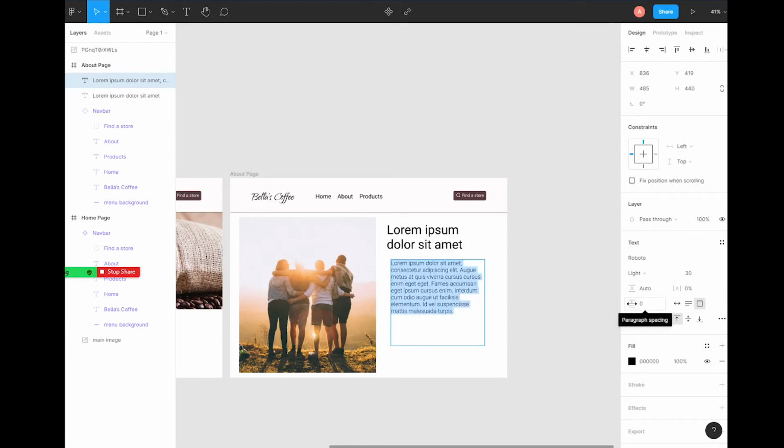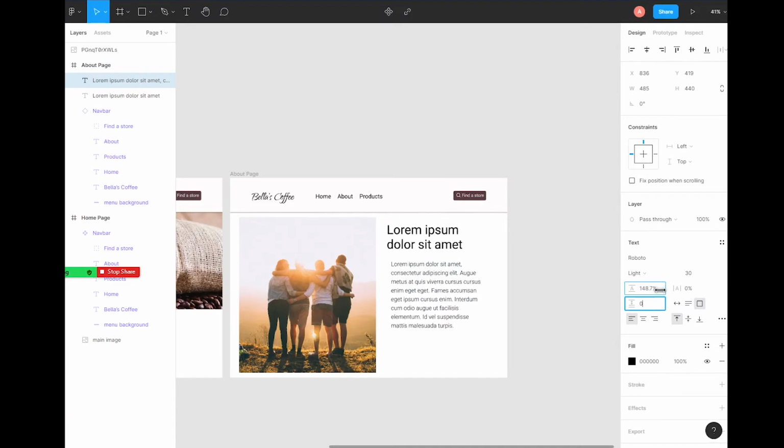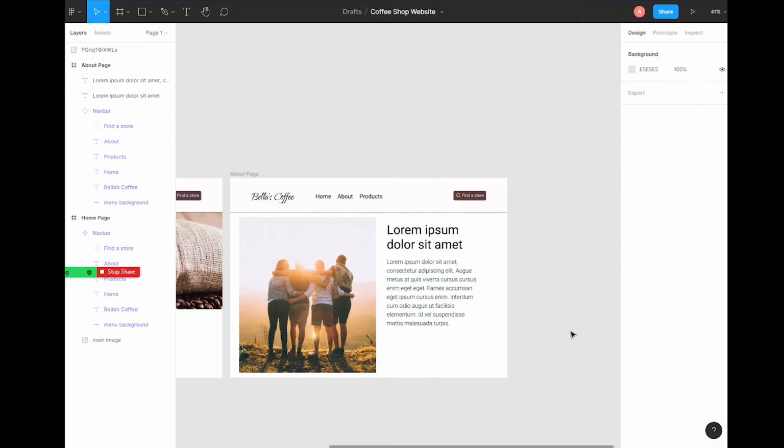And then we can also do paragraph spacing right here. So like line height, that one, sorry, the one above it is line height. So we can kind of space out those sentences a little bit with this one that's got like an A and the 2 lines. And then I'm going to line these up over here. Okay, so now we just have like a little basic about page,